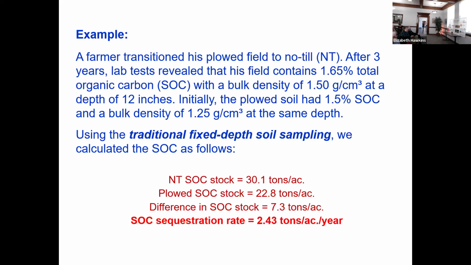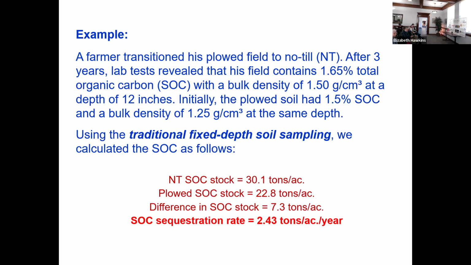So one example: say a farmer transitioned his plowed field to no-till, and after 3 years, a lab test shows his field contains 1.65% carbon with a bulk density of 1.5 gram per cubic centimeter at a depth of 12 inches. Initially, before that transition, the plowed soil had 1.5% organic carbon and bulk density 1.25. So if you compare this, use the calculation, traditional fixed depth, that we want to go 12 inches deep and calculate for both systems. So for no-till, I calculated,